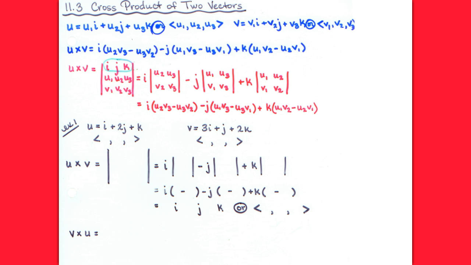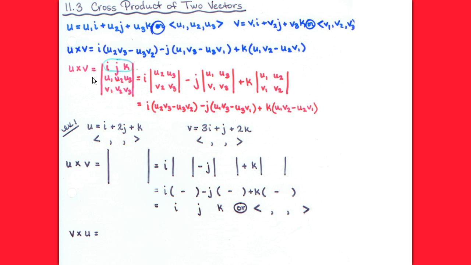The formula for cross product is pretty obnoxious. They show me right here, this is how I find the cross product of two vectors. And I don't know, that just looks like a bunch of craziness to me. It's a little easier for me to do if I understand where that comes from. Cross product actually comes from evaluating the determinant of a 3 by 3 using minors and cofactors using row number